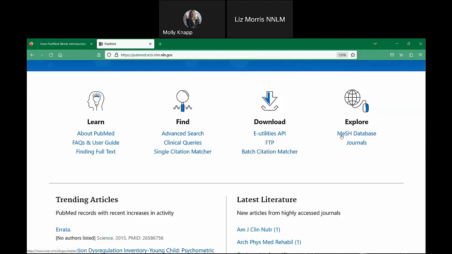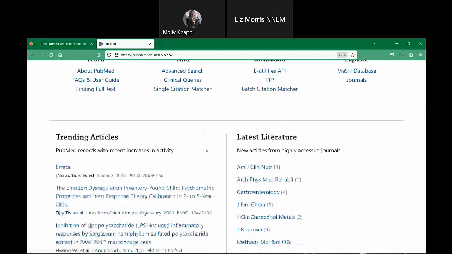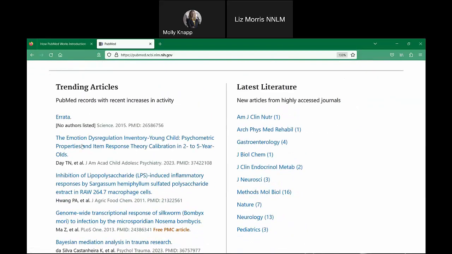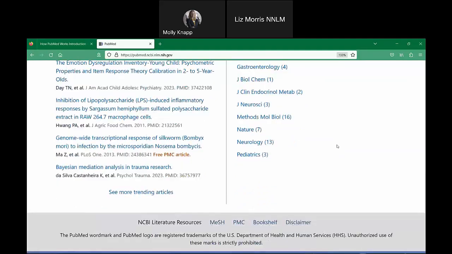Explore gives you a link to the medical subject headings database, as well as the National Library of Medicine journals database. So if you're wondering if a journal is indexed or something, then you can check there. Even further down, you have some trending articles. Like social media, this section highlights articles that have had a recent uptick in activity. It showcases articles that aren't necessarily the newest, but have an increase in interest. And even further down,